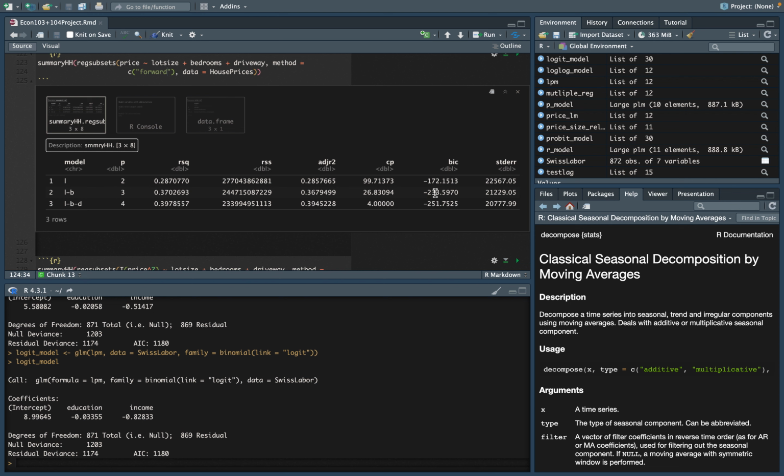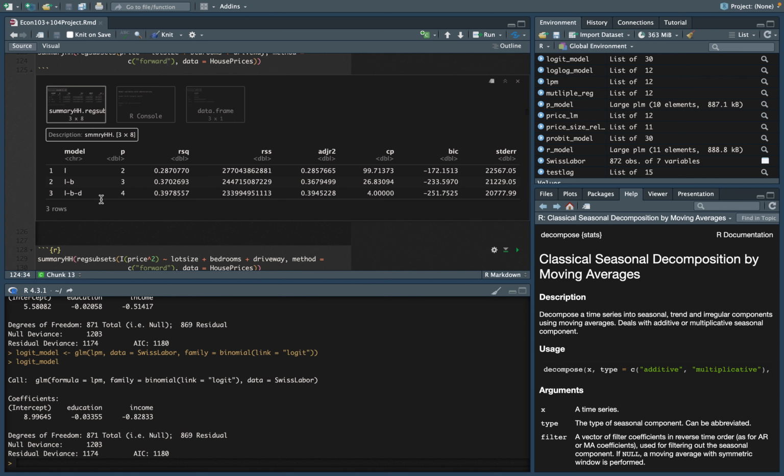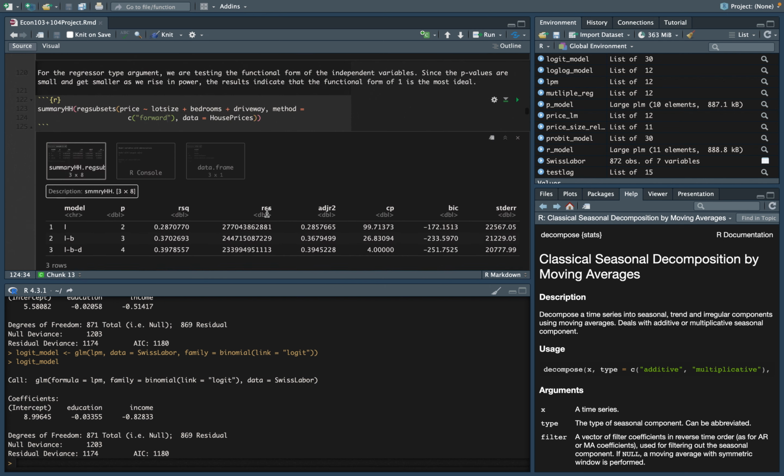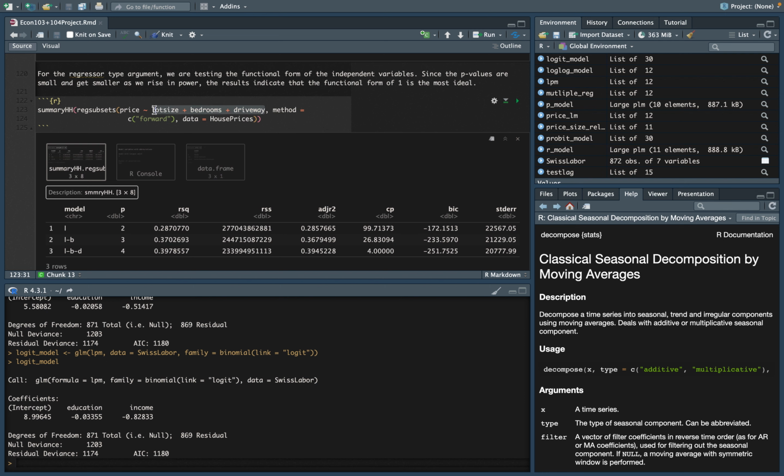And so what we see is that the lowest BIC value, remember that the lowest BIC value is usually the ideal. Same for the AIC in this case, but just the BIC alone tells us that the lot size, bedroom, and driveway is the most ideal compared to just regressing lot size onto price or just regressing lot size or bedroom onto price. So we're going to utilize all of these 3 explanatory variables onto price,